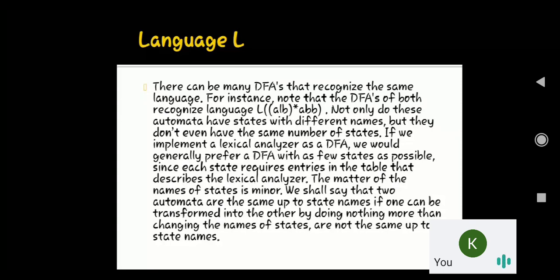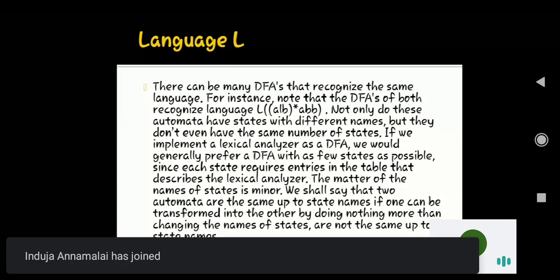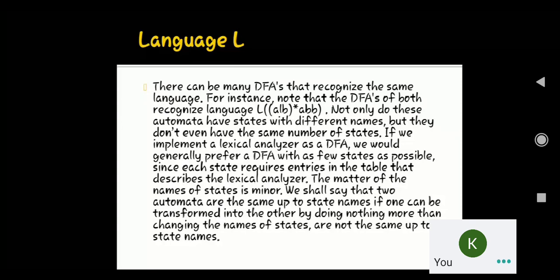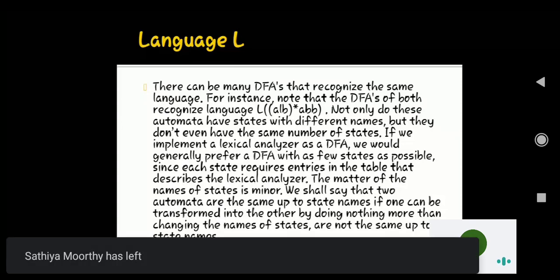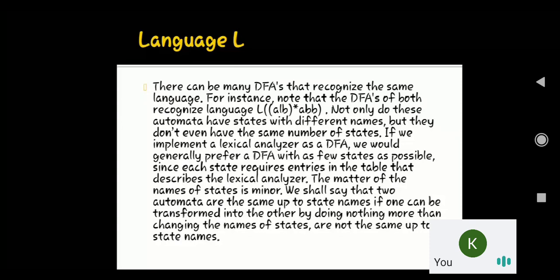So this is going to be the overall story that we have related to this minimizing the number of states of DFA. But it's very simple. Algorithm seems to be a little bit complex because they have used some various technical terms over there. But the logic is very simple. Just we are going to take a DFA, and then we are going to check whether one or more state which is going to work in a similar way. Suppose if one or more state which is going to work in a similar way, we used to group all those states under particular group, and after grouping we used to take only one particular state out of that particular group, and that will be used to the